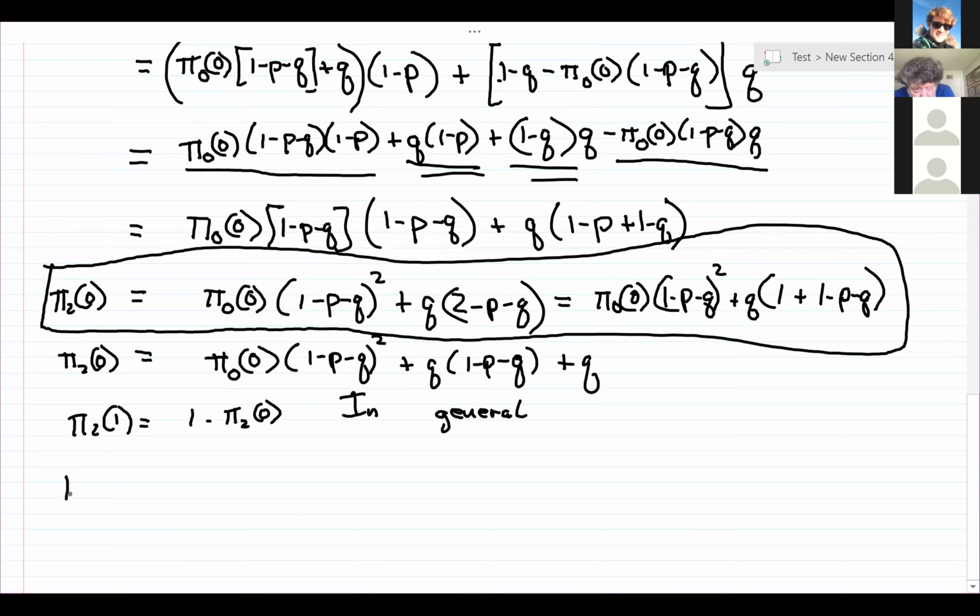is that they can find pi, so I should use their notation. I think they use n, but let me double check. Yeah, they use n, great. That pi n,0 looks like in general this expression, and it's expression 2 on page 3. (1 minus p minus q) to the nth, times the summation,